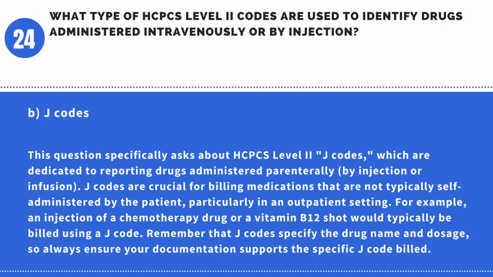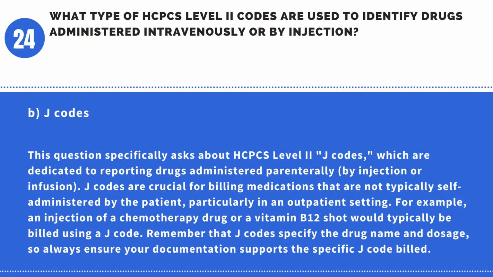Answer B. J codes. This question specifically asks about HCPCS Level II J codes, which are dedicated to reporting drugs administered parenterally, by injection or infusion. J codes are crucial for billing medications that are not typically self-administered by the patient, particularly in an outpatient setting. For example, an injection of a chemotherapy drug or a vitamin B12 shot would typically be billed using a J code. Remember that J codes specify the drug name and dosage, so always ensure your documentation supports the specific J